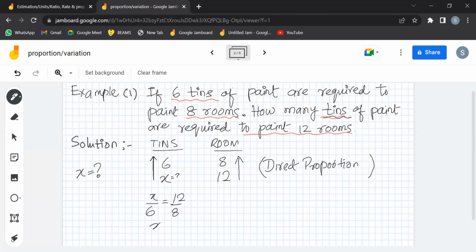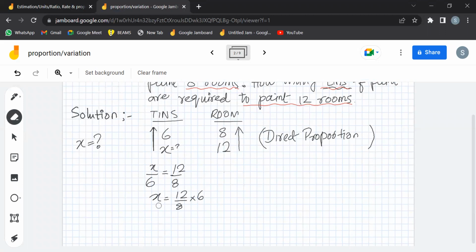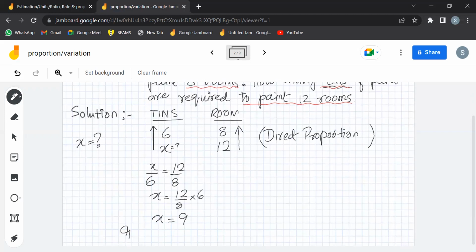So when you simplify, x is equal to 12 over 8 multiplied by 6, which is equal to 9. So the answer is 9. How many tins are required? 9 tins are required to paint